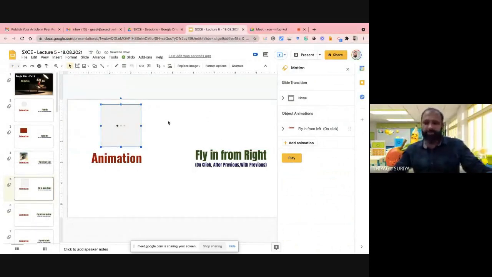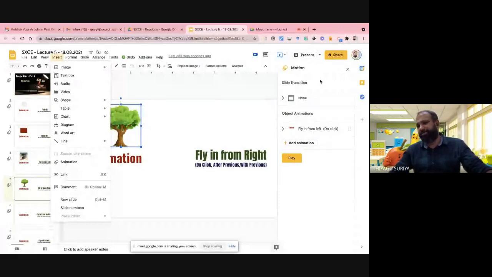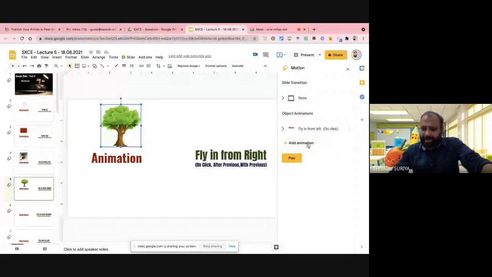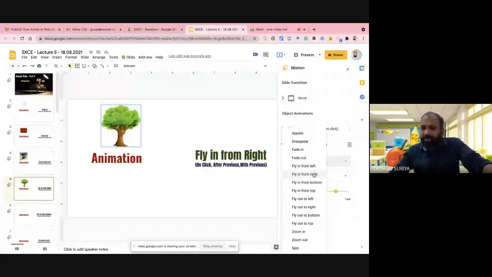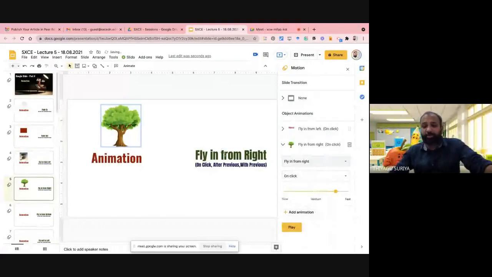So for this, what you have to do, after checking this image, you can select this image, then go to the insert and click the animation. Previously, if you already used an animation, animations may show here. What you have to do is select this one and go to add animation, because even on a single slide, you can have 5 or 6 animations. That's not at all an issue. You can go to fly in right, because we are going to demonstrate how the fly in from right works. You can choose medium, slow or fast, whichever you prefer. Then I'm going to the play button. This is the preview.